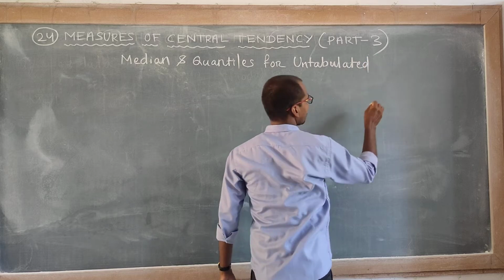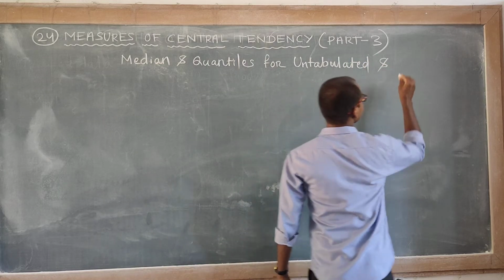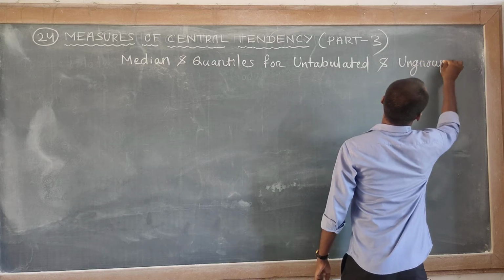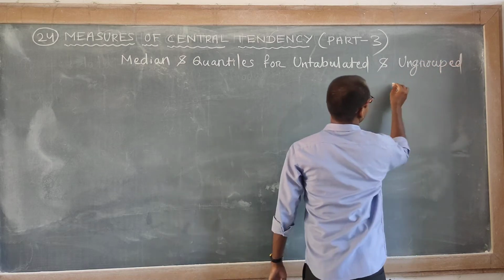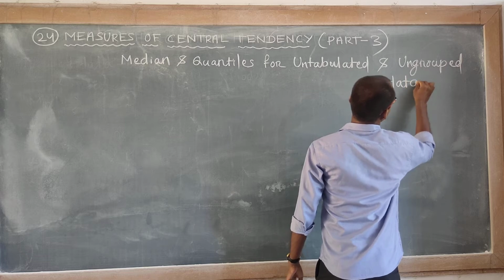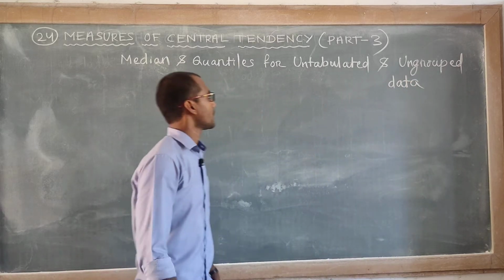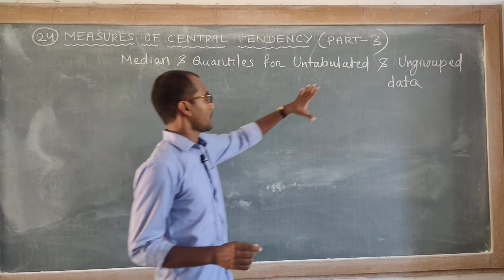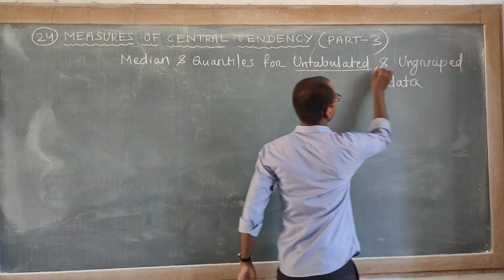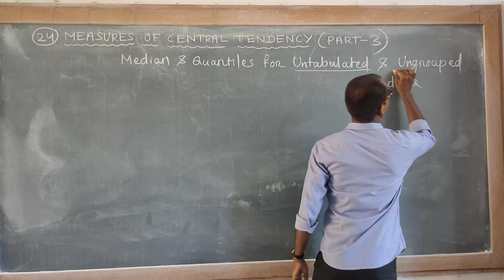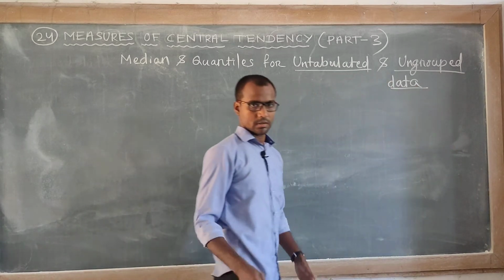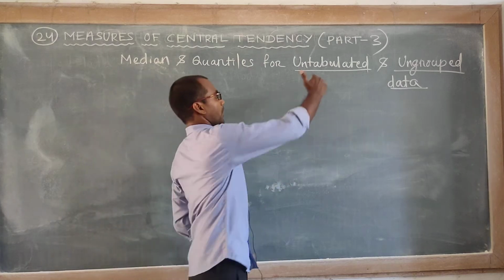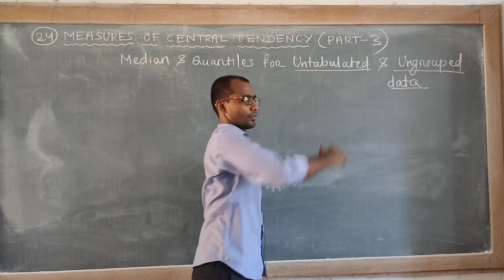untabulated and ungrouped data. Okay, so in this part I will explain median and quartiles for untabulated and tabulated but ungrouped data. Okay, so first let us understand what is median and quartile, then we go for untabulated and then we go for ungrouped data. Okay,